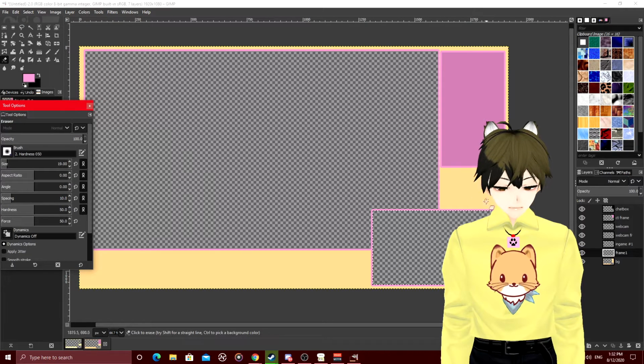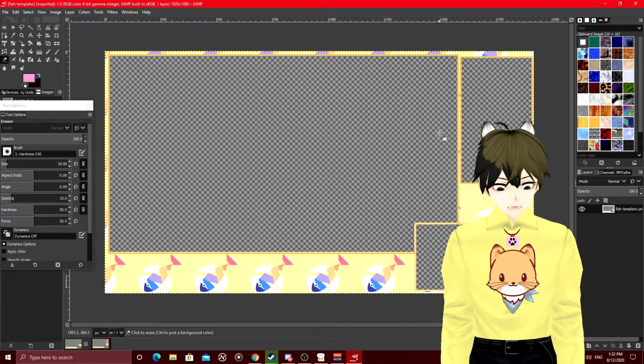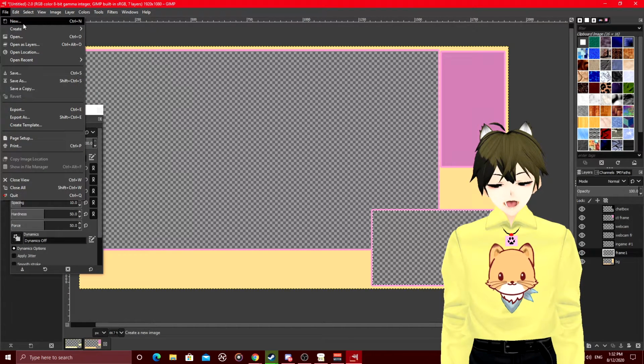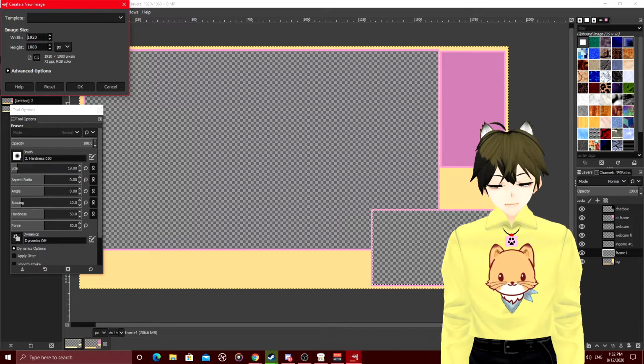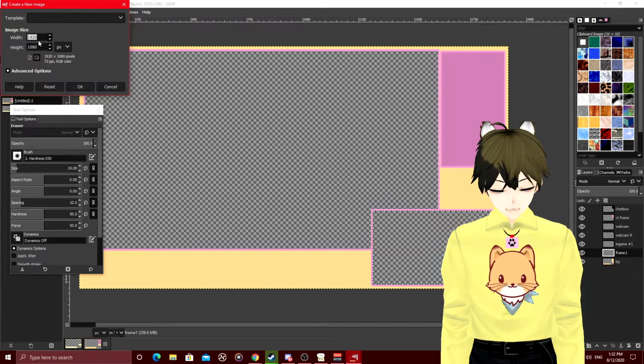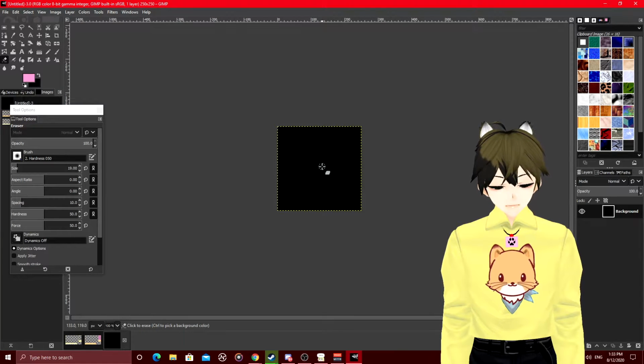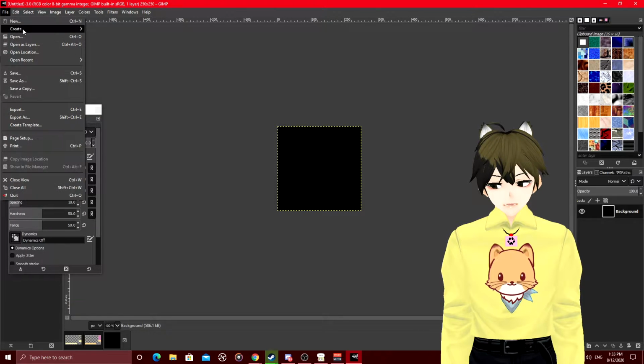So we're not done yet. We're going to add patterns just like this right here, because we want to give it more of a splash, like a pattern, so it makes it look good and kawaii. So now we're going to make a new template or a new project, but this time its size is 250 by 250. Press OK. Doesn't matter what color the background is, because it's going to be a transparency. It's pretty much a PNG, and we're going to import